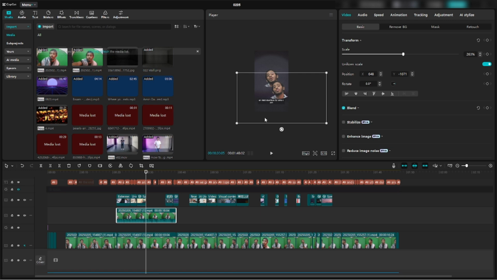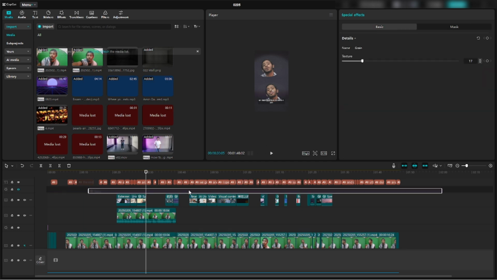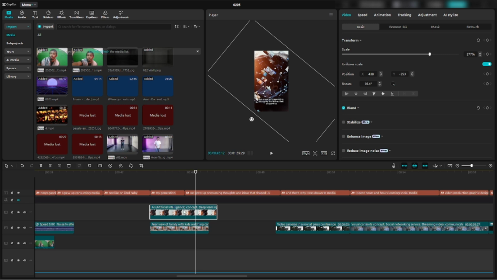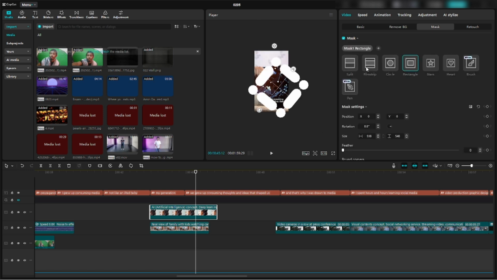So what is the use of this tool? Basically, let's say you want to put two clips on top of each other, but you have to cut. For example, you want to remove something, like, you know, the shorts, for example. I want this video and I want the video underneath. What I can do, I can go here, mask, then I can add mask, and let's say, okay, rotate it,